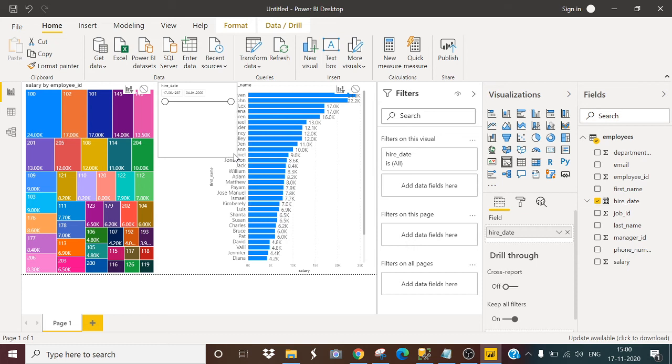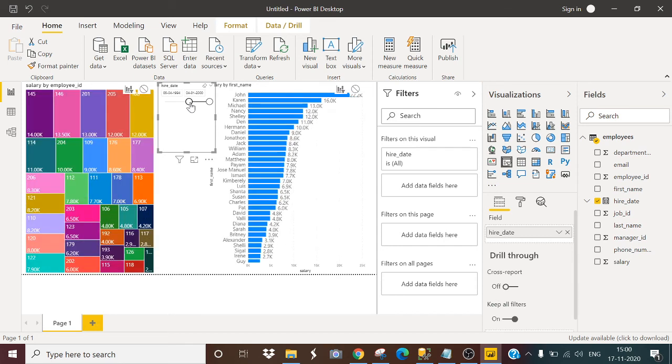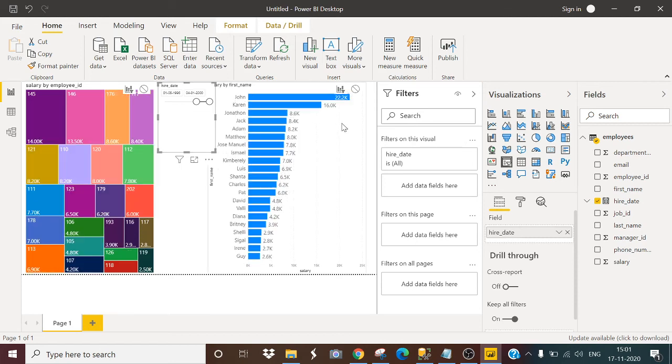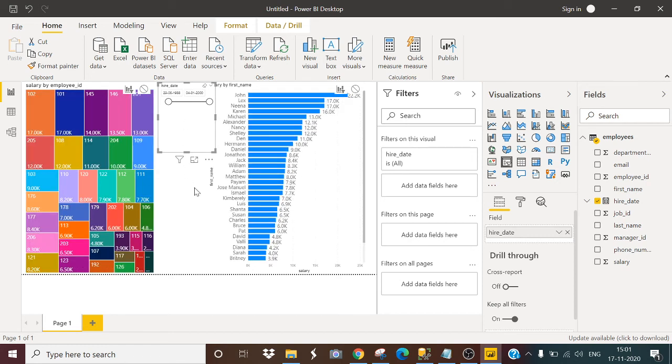Let me make it small. Now if I drag this date column, as you can see, the data of both graphs is changing. But I do not want this. I want only one graph to be reflected, which is my salary by employee ID.